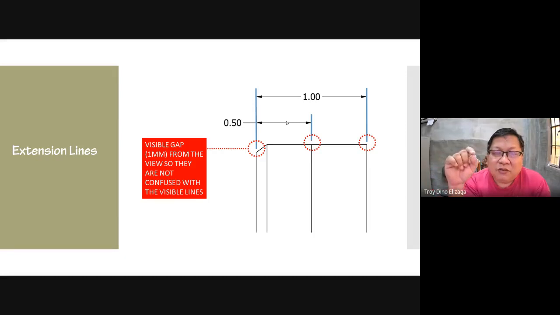So what you do first is you put the tip of your pencil where you should start the extension line, making sure that it is far away from the object, and then you put pressure on it, and even turn it, before you make the extension line.